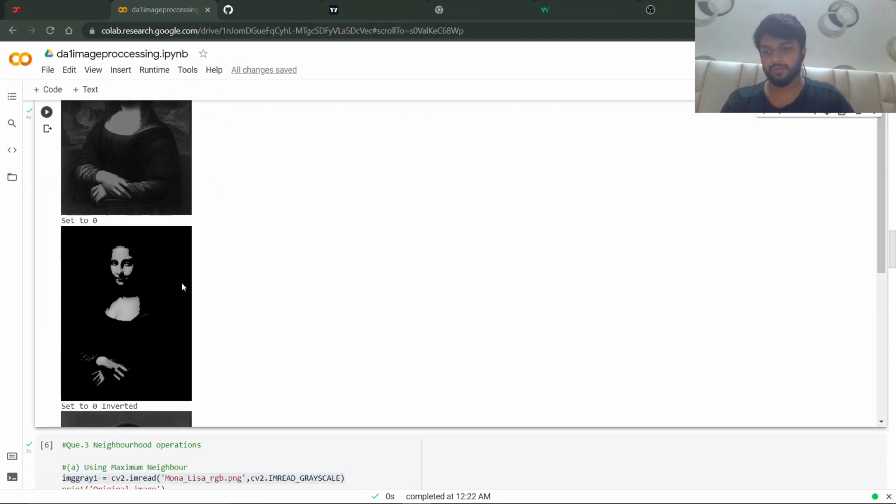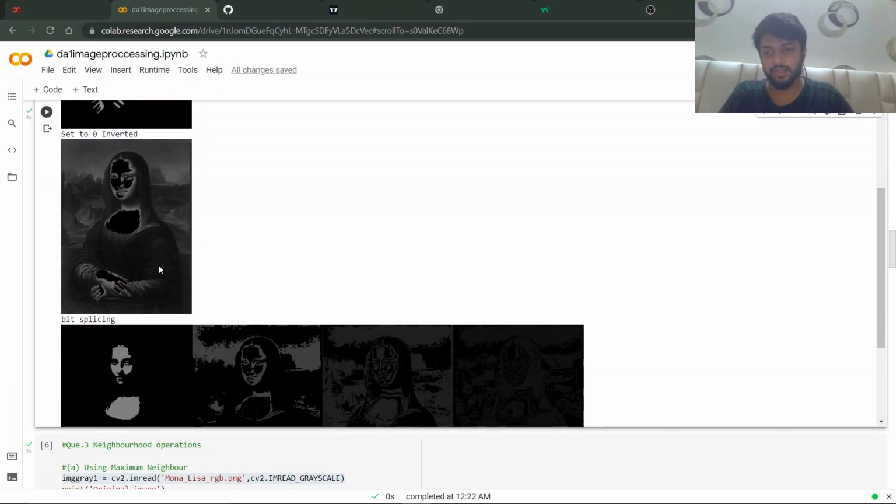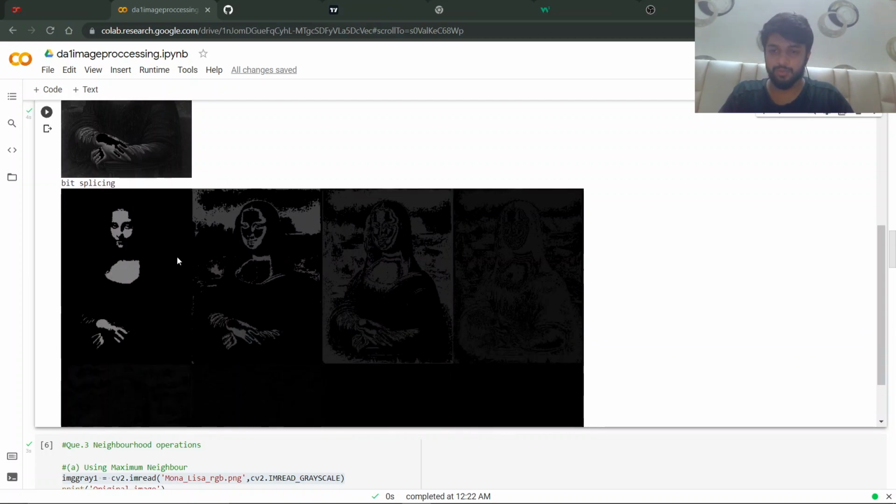Yeah, so threshold to 0. In this, the value I chose was not exactly 0 but just a shade of grey, but it was a single value, so it again comes into threshold only, and then the invert of that. So the bitplane slicing.